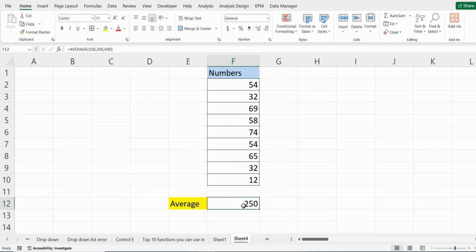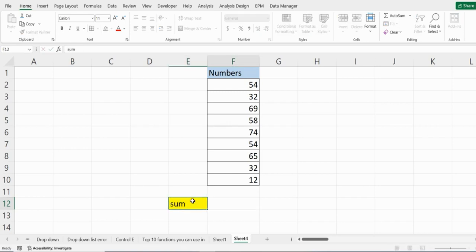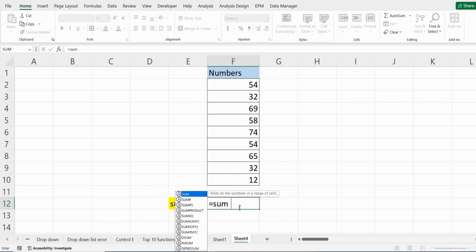Our second function is the sum function. To perform sum, just type in equals sign, then write sum, open parenthesis, and then select the range of numbers you want to sum up. Close parenthesis and press enter. Nice, that's done. However, the sum function can also be done by writing equal sign, then typing in sum, open parenthesis,